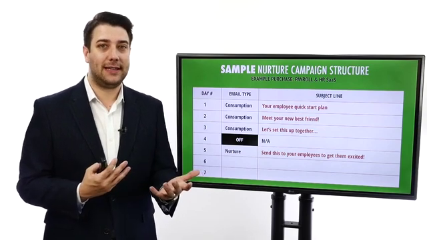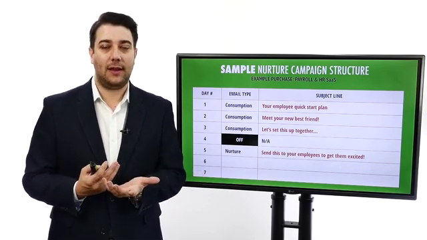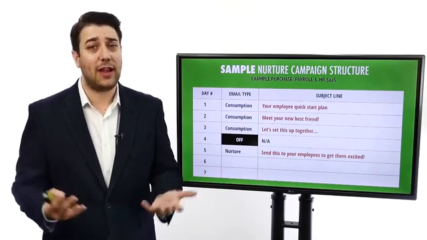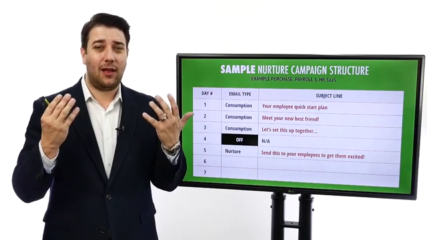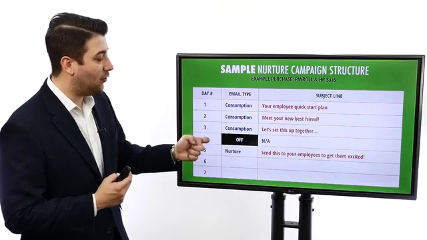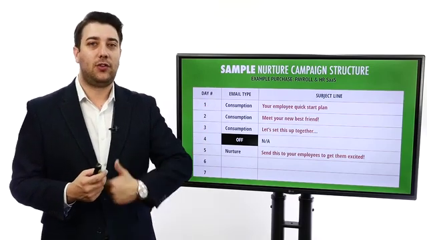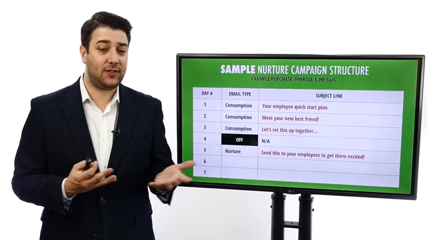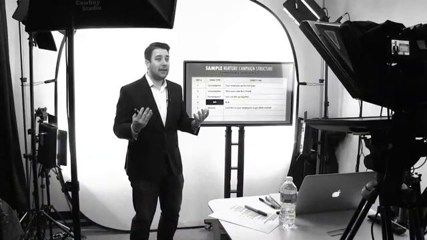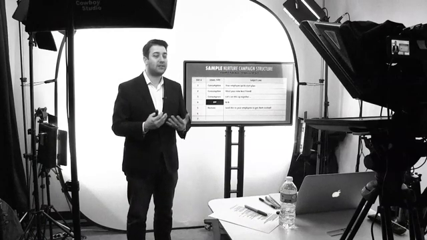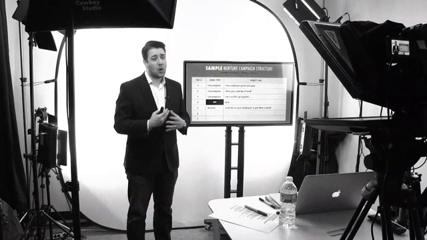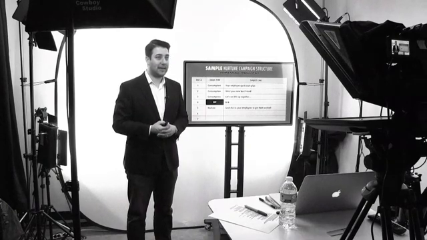So nurture here isn't necessarily nurturing them into thinking that the solution's the best. They've already made that decision. They made that with their checkbook, right? They made that with the utmost confidence, and they gave you money. Now we're still working in consumption, but we're nurturing by giving them tools to help make their job easier. And in this case, their job is to get everyone switched over on it. I know from going through it, if we're going to switch HR or payroll companies, there's going to be a meeting. No one wants to go to that meeting. No one at all. I helped to structure the meeting. I didn't want to be there.